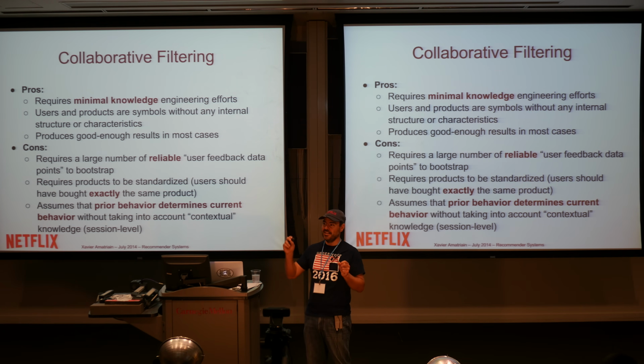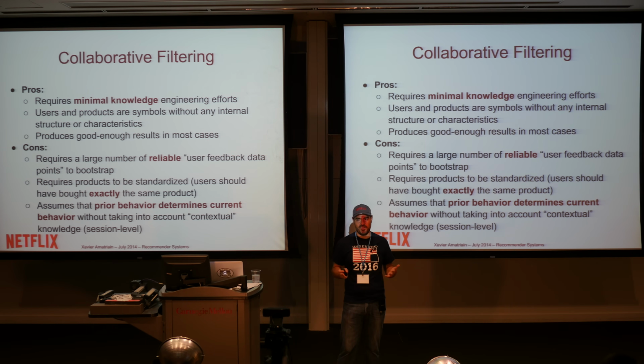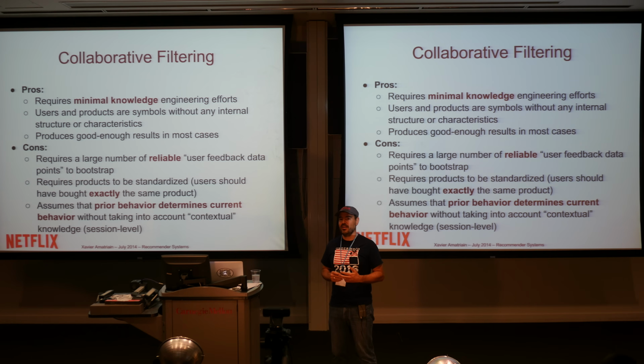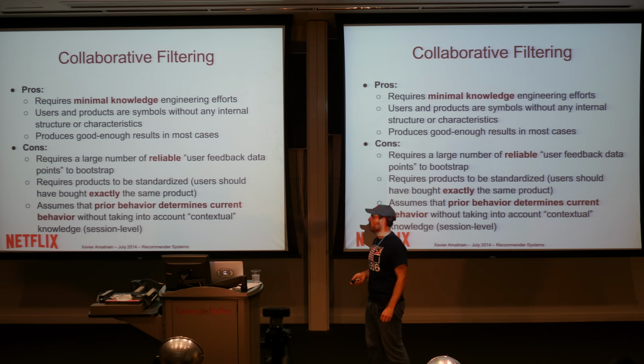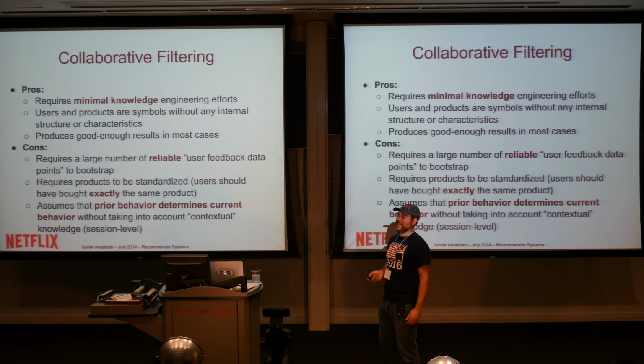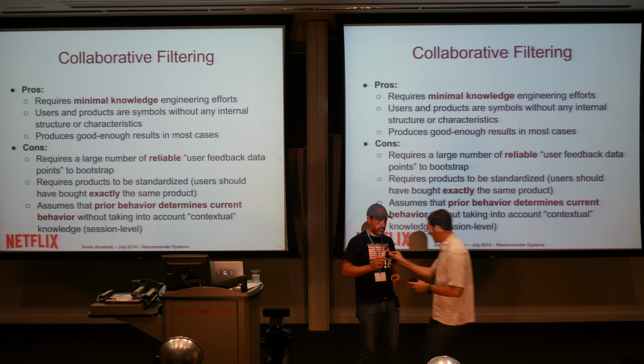Unless users buy the exact same item over and over again, it's a tricky thing. You need to start getting smarter about what you do, because in eBay, maybe not two people buy the exact same thing, right? They buy things that are similar, so then you need to figure out what the similarity is, and that's more tricky. In the case of Netflix, for example,